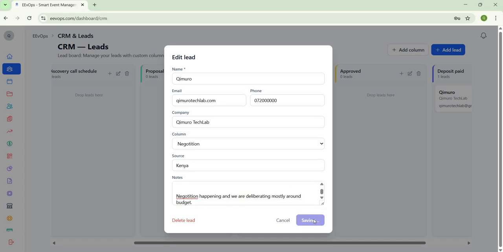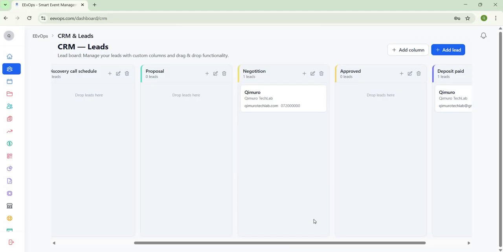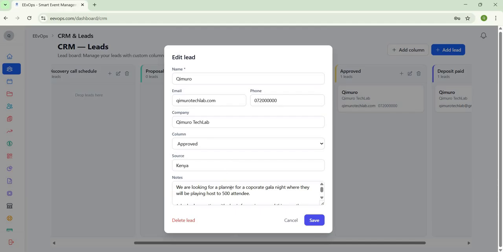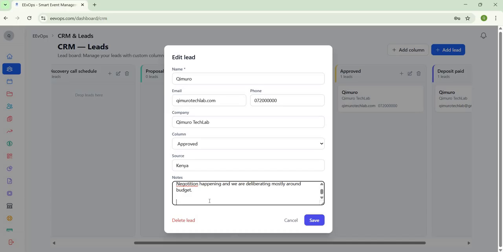So assuming at some point you guys have agreed on the budget, you have adjusted here and there, and you have sent them your final proposal, and that proposal has already been approved. The client has approved, so you add proposal approved, and we are